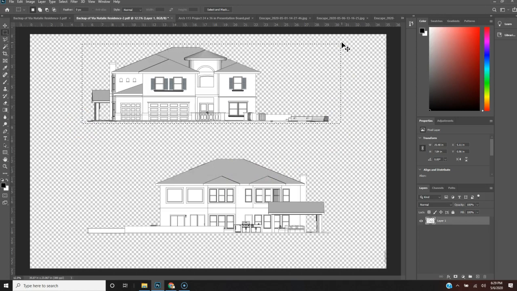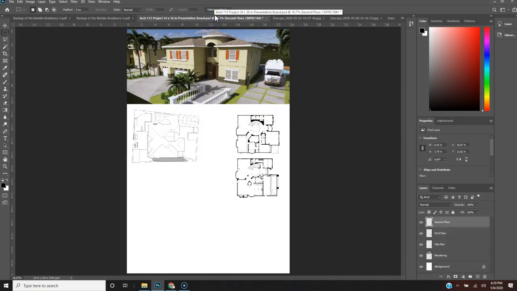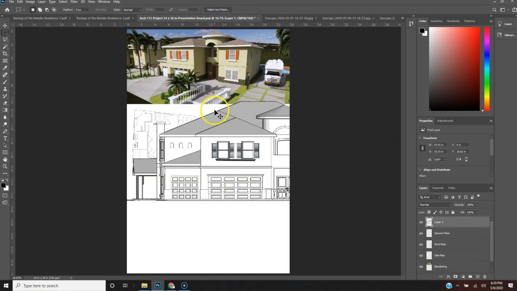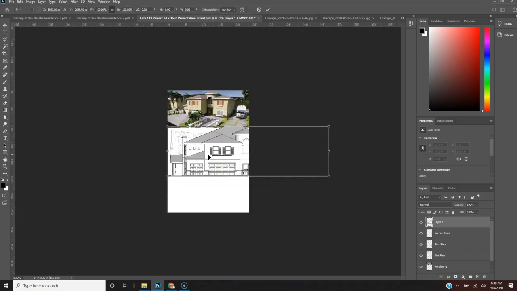Now I did these to scale, so they're all going to match up. Copy. Paste. Control T. Minus. And now